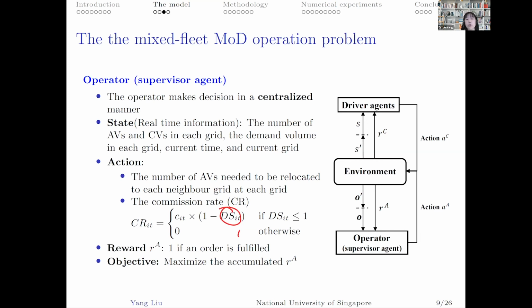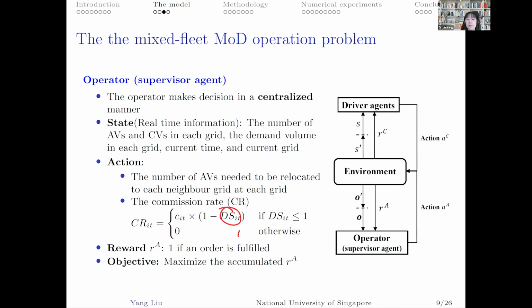If we compare to a system with pure AVs, we cannot outperform them, since AVs will be fully compliant with the decisions of operators. But still we try to influence the drivers' behavior using this dynamic commission fee, so that the drivers' decisions can be influenced, and they can learn and be influenced in the long run. And so this reinforcement learning approach, I would say,